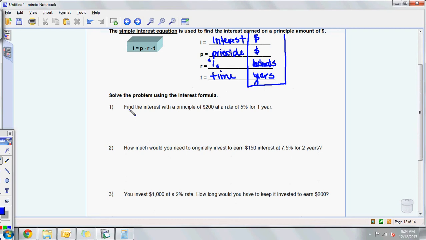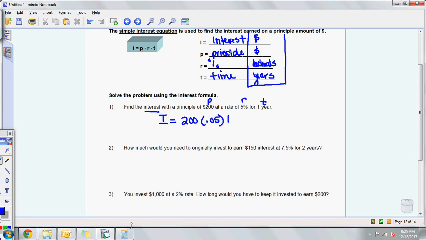So let's say they want you to find the interest with a principal of $200 at a rate of 5% for 1 year. So let's say we're putting $200 in the bank for 1 year and we're getting a 5% interest rate. So we want to figure out how much money the bank is going to pay us in interest. So we're going to set up our formula so we don't know what the I is. This is going to be how much money we start with, so that's my principal. This is my rate because it's a percentage, and this is my time. So interest is equal to 200 times, now I have to turn this into a decimal, don't forget that important step,